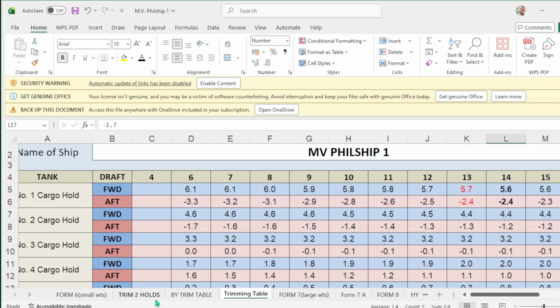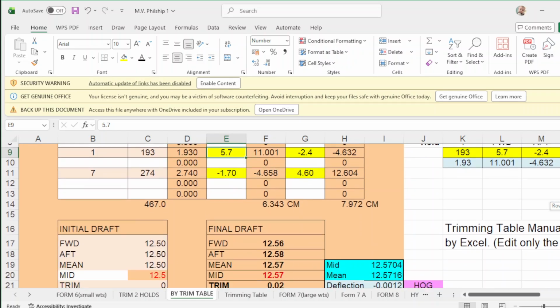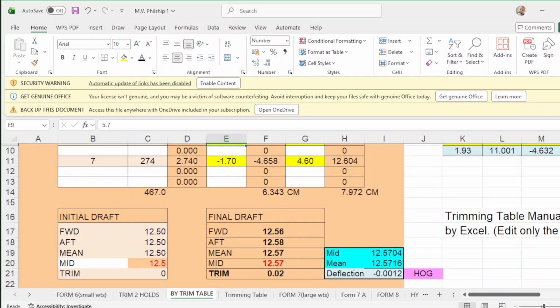Now, once you apply your correction, what will be the drop here? The drop forward is 5.6, which is less than 5.7, and up drop is 5.8, which is more than 5.7. So here you have a trim of 2 centimeters.